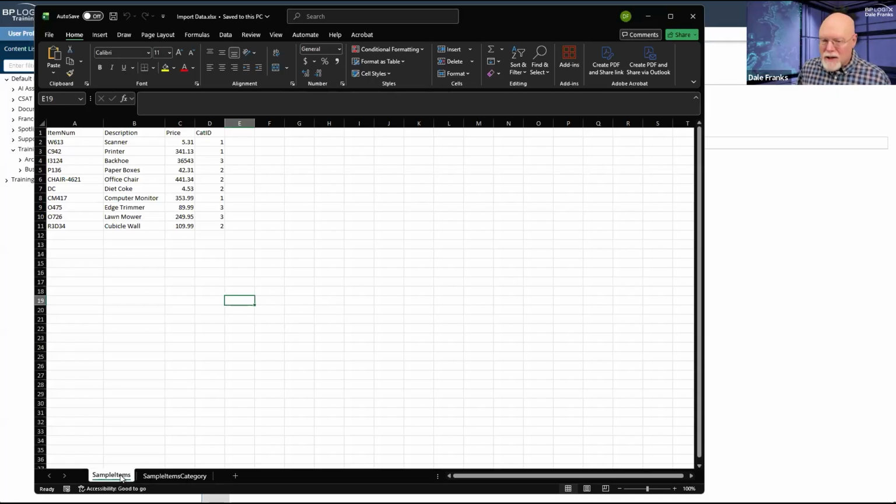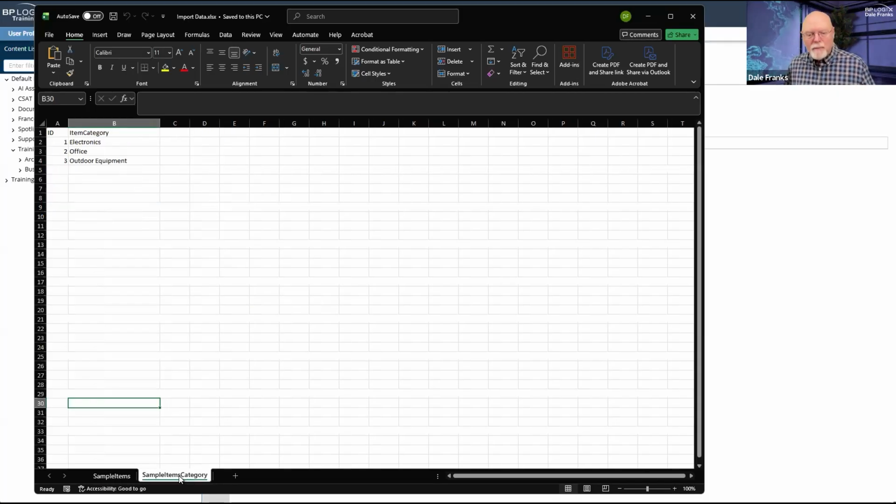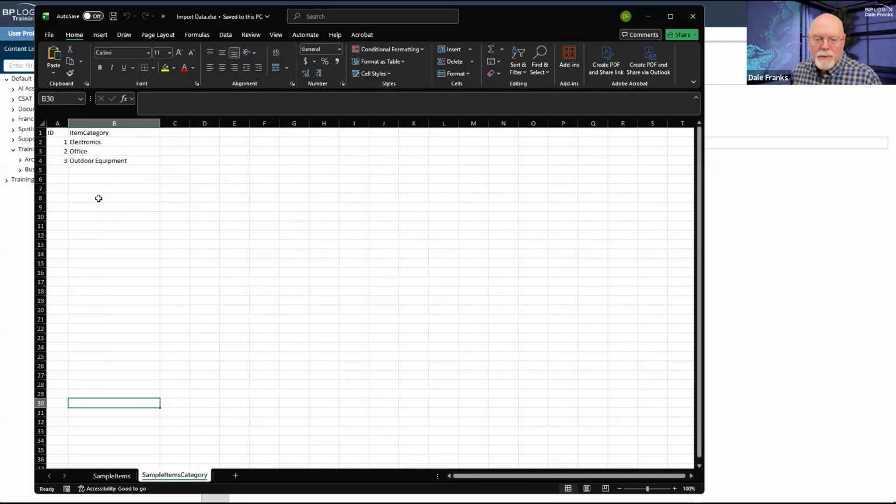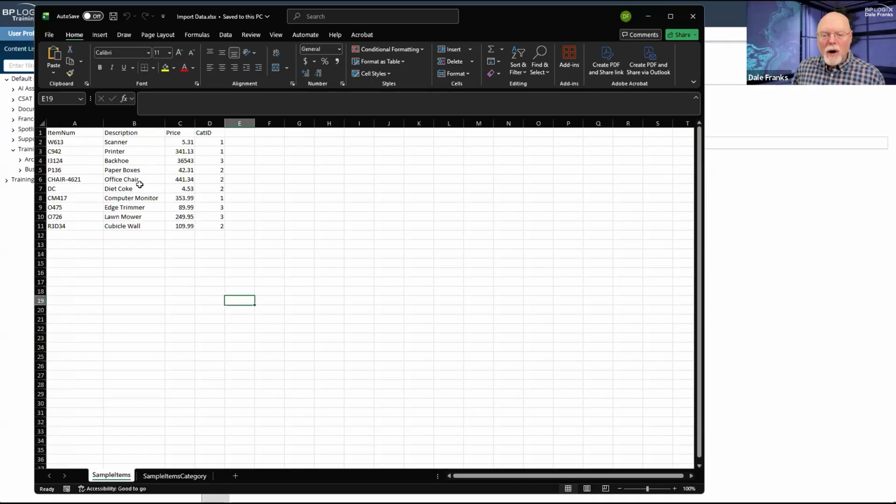In this example, I have 2 worksheets: a worksheet called Sample Items Category and a worksheet called Sample Items. So these are 2 related tables. The Sample Items Category is the parent table, which gives me a category of items, which we'll see in the form. We'll be able to pick a category. And then the sample items are the items contained in each category.